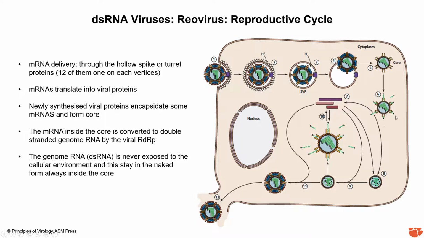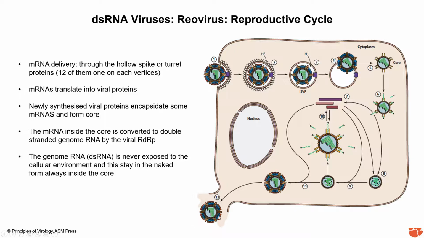And then what happens is that as these are pumping out mRNAs, these mRNAs are also going to get packaged into the newly formed core structure. Right here, a newly formed core structure is formed, and these mRNAs are going to get packaged in there as well. See that with all these black dots, they are in there. And then other proteins are formed on top of that core. The core has the mRNAs only, and other proteins are also forming the full reovirus particle. At that time, these mRNAs which are packaged in here are converted into double-stranded RNA by making the minus RNA.